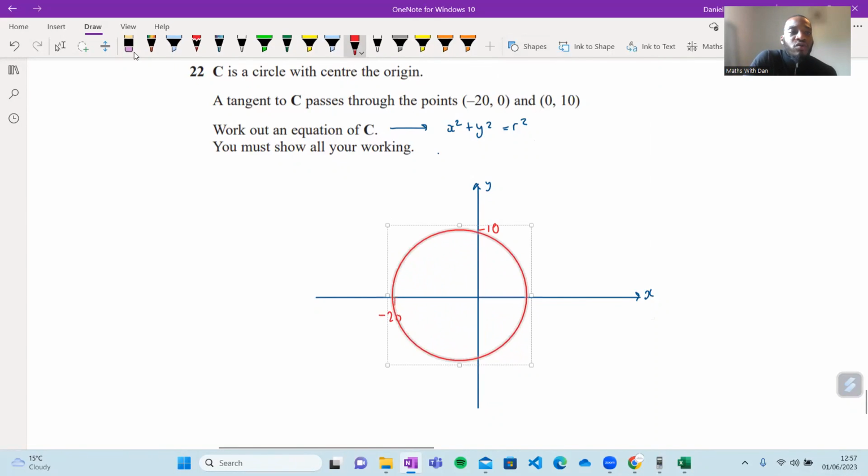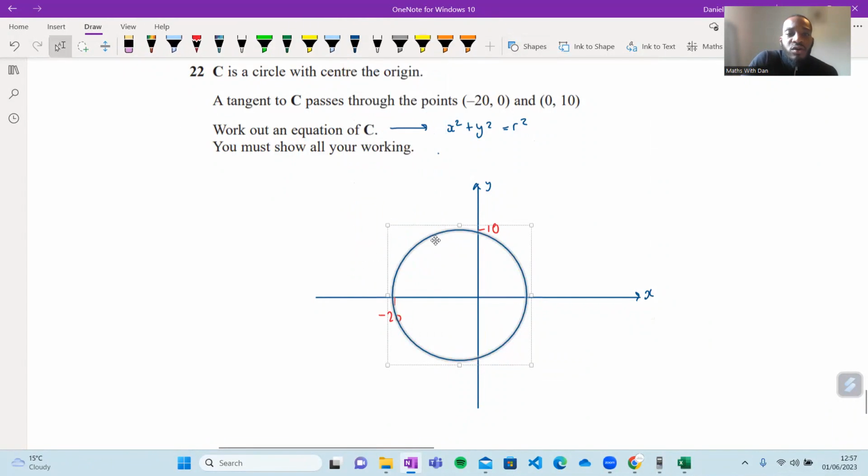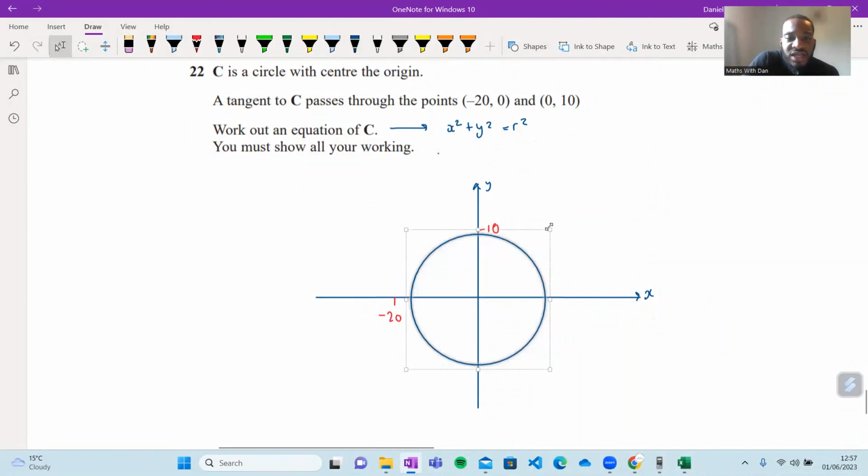And then the tangent to a graph. Can somebody remind me, please, what does a tangent actually mean? Let's say the center's here, and the tangent passes through those 2 points. So remember, a tangent to a graph is a line that just touches your graph at a specific point. Thank you very much, Anelio. Fantastic. It touches at only 1 point. So if I draw a tangent to this graph, it will look something like this. Let's say that's the tangent.